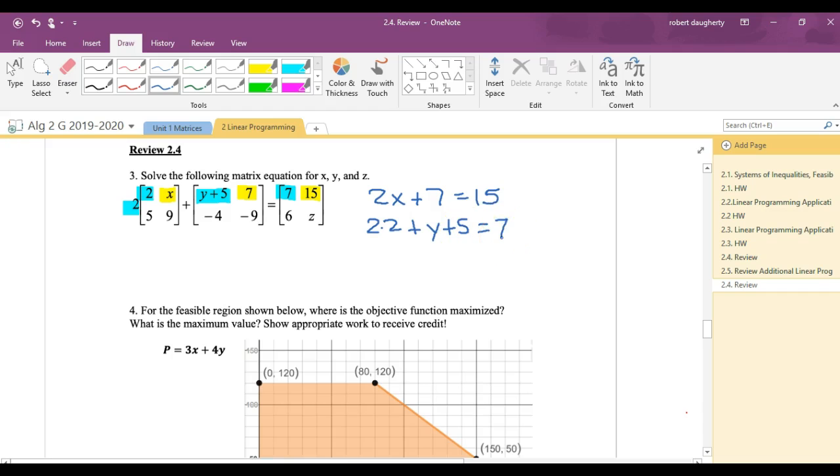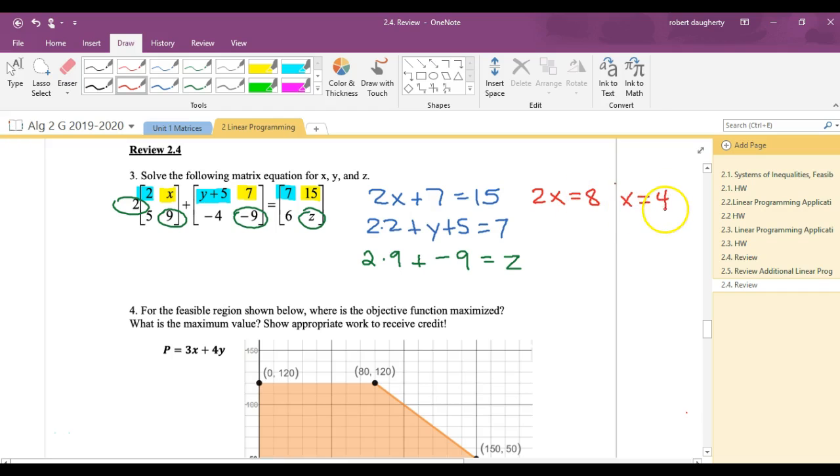If I look at my equation for z, z is this last element right over here. So I see that 2 times 9 plus negative 9 equals z. I just solved these equations. This tells me that 2x equals 8,